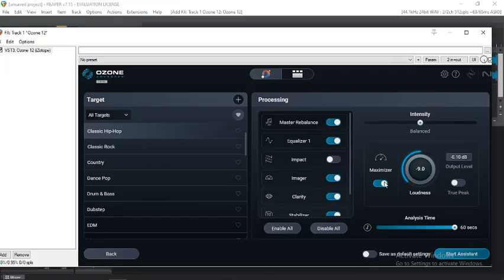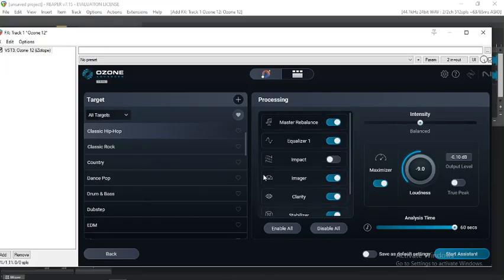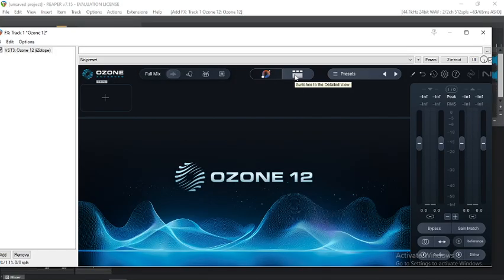Cool. If you want the maximizer included, no, yes. True peak included. You want that? It by default says no, but if you want it, yes, because some people trust the true peak limiting. Anyhow, analysis time. Right, so that's really good. So then you will press that, and then it will murder your CPU depending on the computer that you have. Mine, yeah, mine can't handle it. From 11, it couldn't handle it. Really, really couldn't handle it. It did it, but it couldn't handle it.